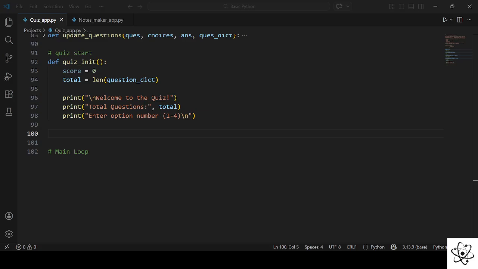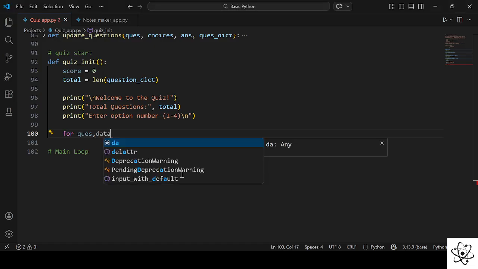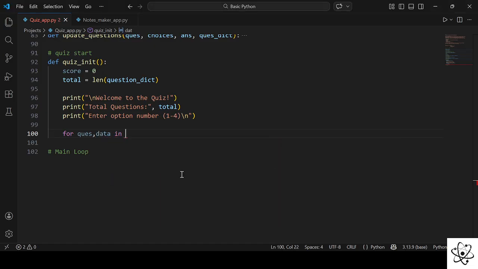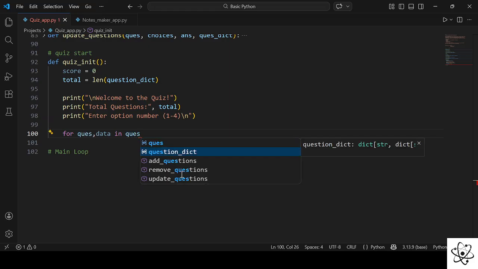Now the next thing we have to do is write a for loop for question, comma, data in question dictionary,